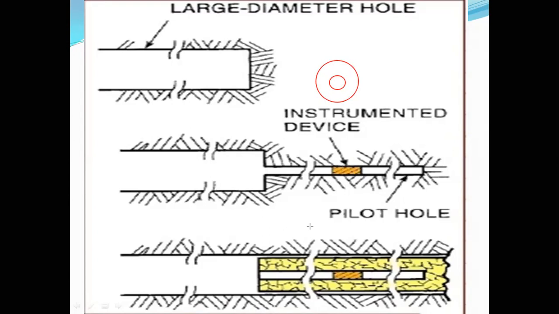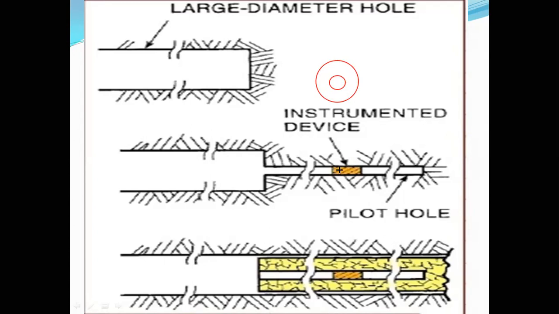Then we need to continue drilling of the larger diameter hole, which is the initial hole that we made. So it becomes some kind of overcoring because we are drilling on top of this. Sorry, I'm not getting it right away, but it will form some kind of overcoring. So this is what it is.